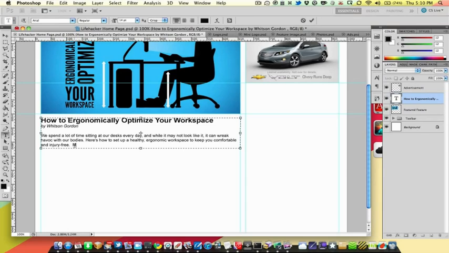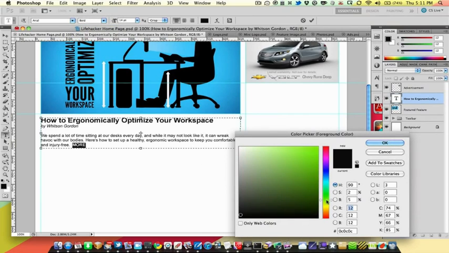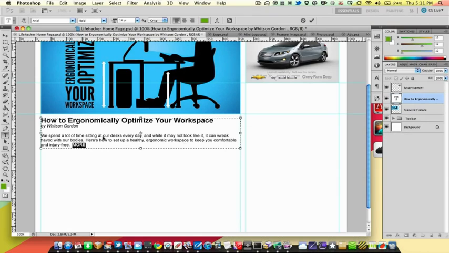So let's just add to that text more. And you can change, as we've seen here, font styles in all sorts of spots in your text box. It doesn't have to be the same text. It doesn't even have to be the same font. So I'm just going to go ahead and take more, and we're going to call that bold, and change that color to a green link text since that's the color we've been using so far. So we could go like that, and then since this is a link, we might want to have it underlined,